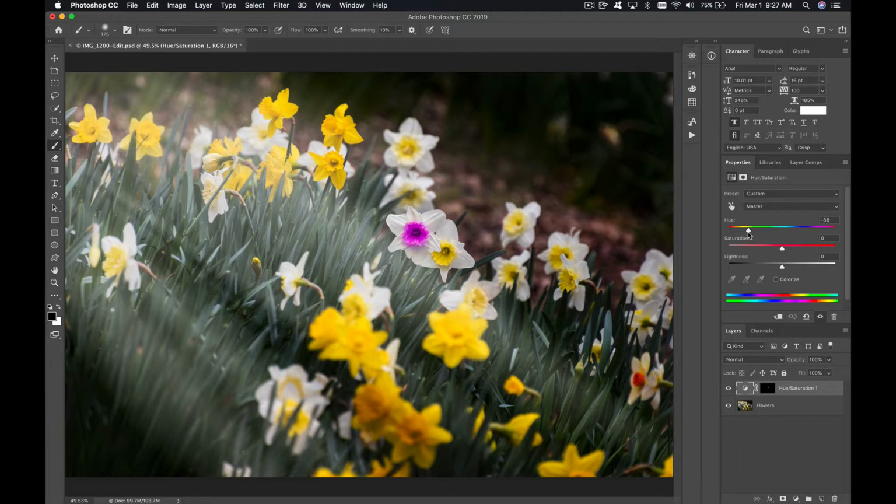by sliding the hue. See, I can make it purple if I want. There we go, some kind of interesting color like that. So now that one purple flower stands out. I'm not saying this is a great photo by any means. I'm just saying you could do that if you wanted to with hue saturation layers, and selectively choose the color